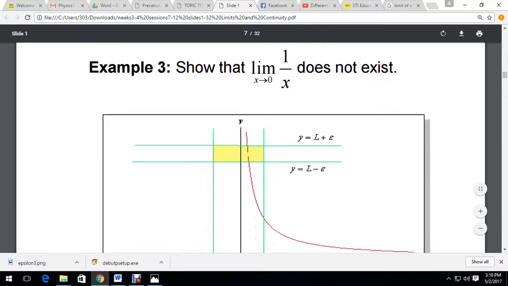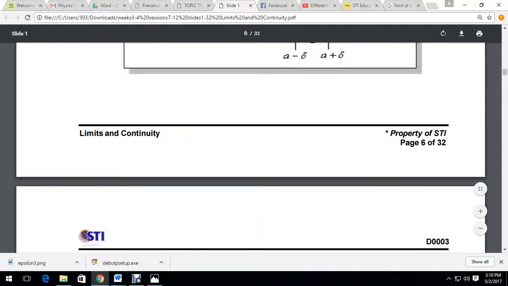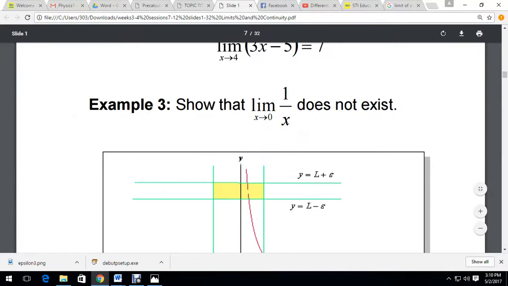Now similarly, for example number 3, show that the limit of 1 over x as x approaches 0 does not exist. Obviously, if we do a direct substitution of the value of x equals 0 to the expression 1 over x, that would result in a function that is undefined. 1 over x is undefined. Now, using the definition of delta and epsilon, we know that the limit of 1 over x does not exist,